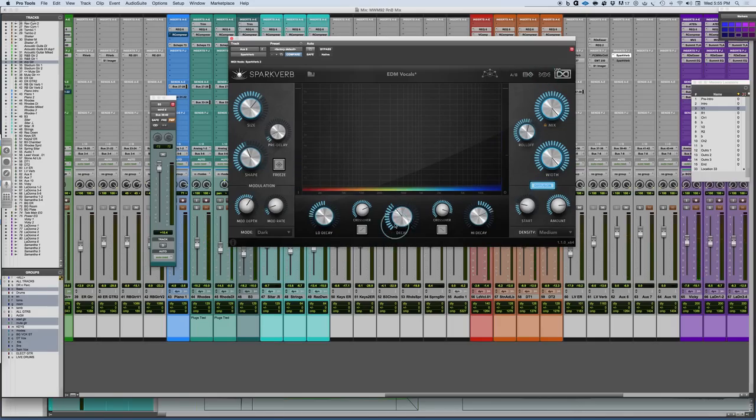And here, if I wanted a specific reverb time, I could just take this and lock this, and then